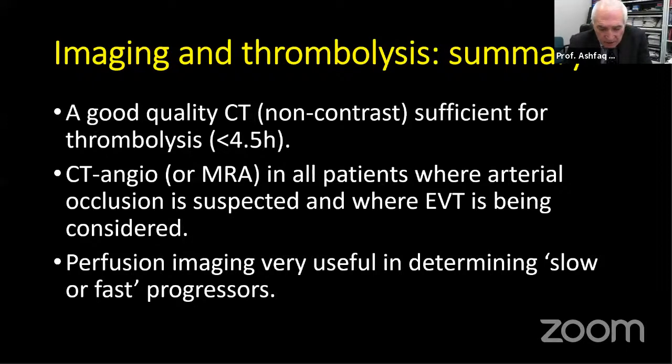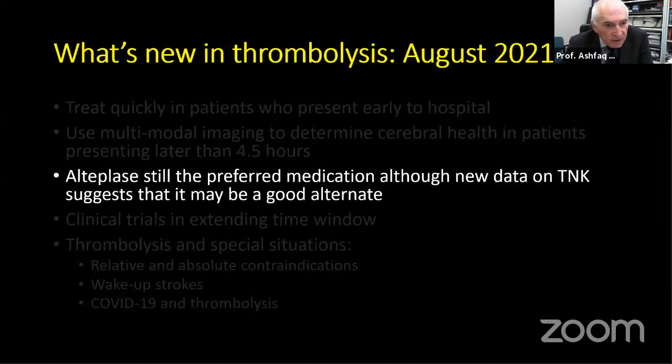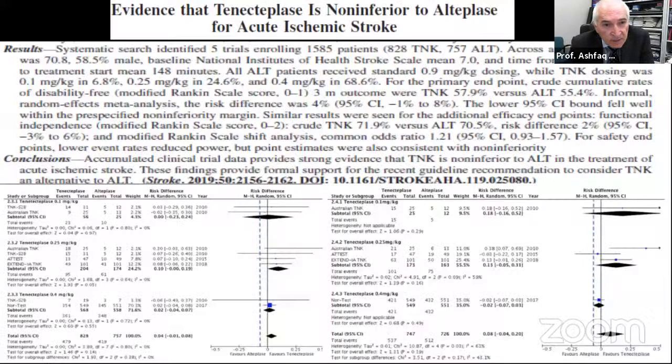I have one other issue that I want to quickly touch base on, which is should we be using IV TPA or should we be using tenecteplase, right? As of today, in August, most of us use alteplase instead of TNK. And there is good likelihood that within a year, probably less than a year, we may be switching to TNK because most data, here is a meta-analysis, a recent meta-analysis in Stroke from 2 years ago, everything would indicate